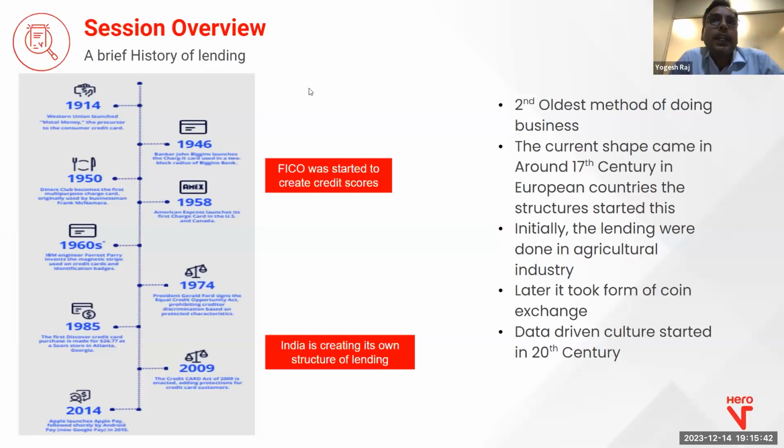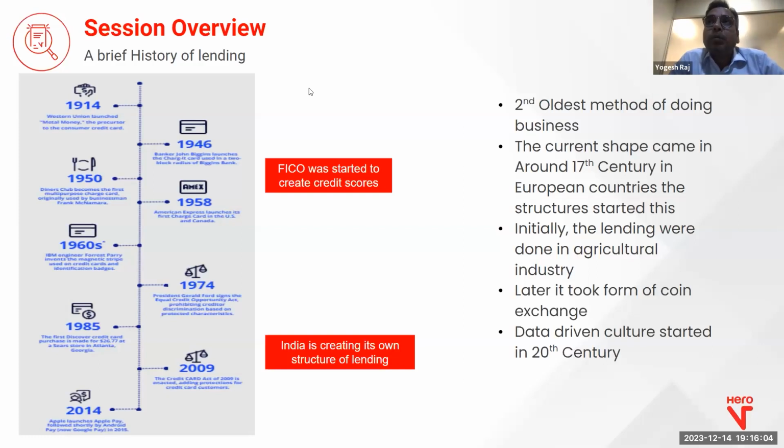Rather than the plastic card, it is more in an automated fashion, where you can go on any website and the product is also added and you can purchase something. But that shape has still remained the same. After that, there are many new things which came because many of the countries wanted